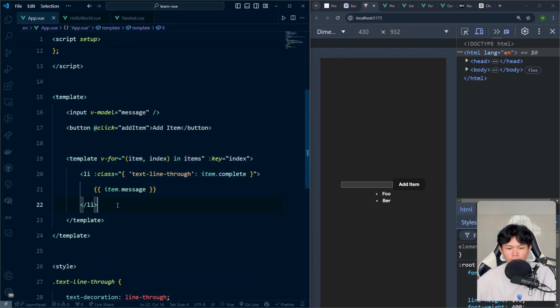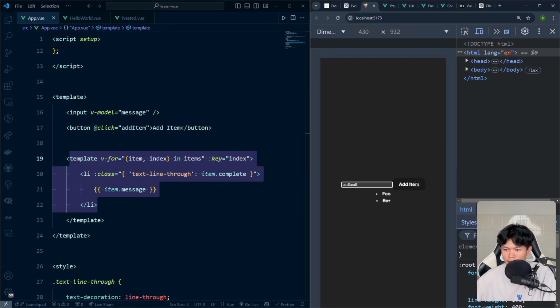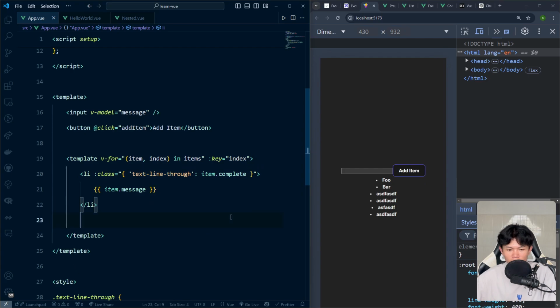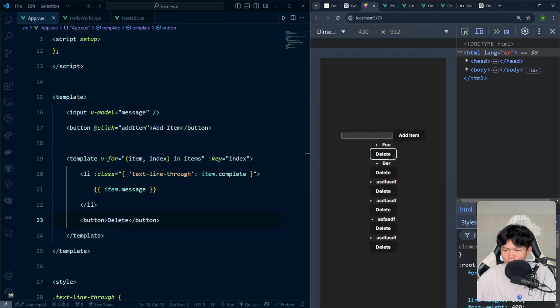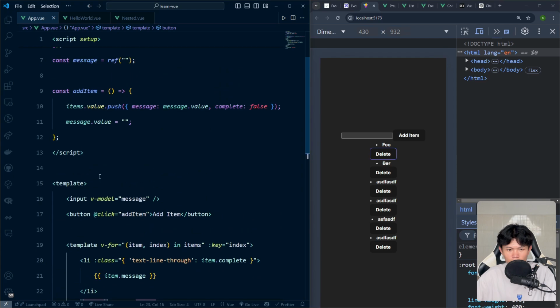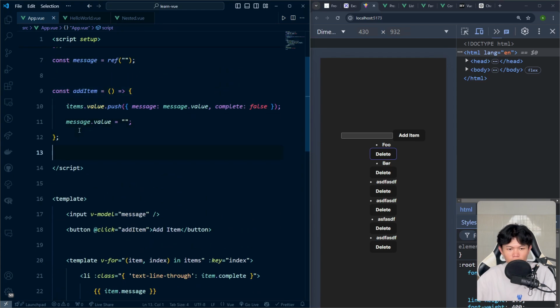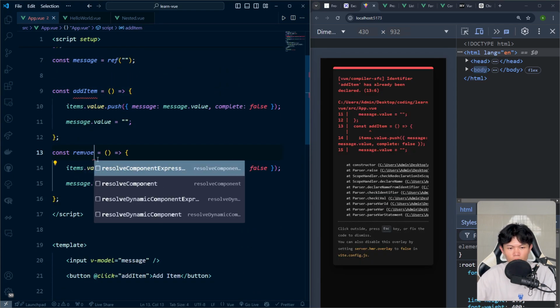Okay, so that worked. Right now, when we add the items, nice. I'm going to render another button right here. It's going to be delete. When I click here, I want to remove the objects. For that, I need to create another function. It's going to be remove